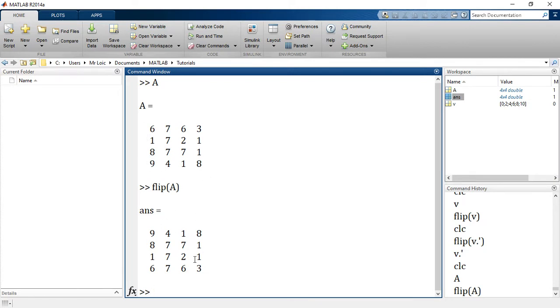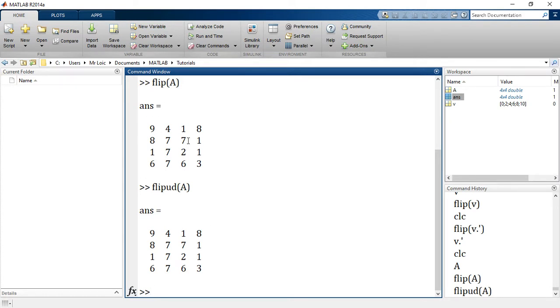So the order is completely inverse. There is another function that enables us to do exactly the same operation, which is called flipud, and flipud simply means flip up down, of A. It will give you exactly the same result.